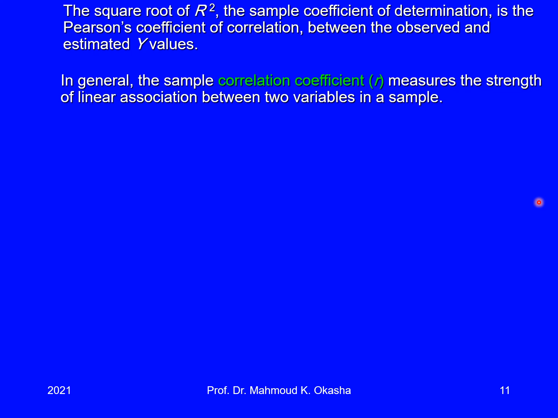Right? In general, the sample correlation coefficient measures the strength of linear association between two variables in the sample. We know from the introduction to statistics course that the correlation coefficient measures the strength of linear association, or correlation, between two variables in a sample. It has the following properties. It is between -1 and +1. It can be negative